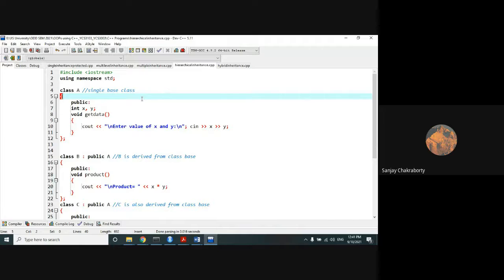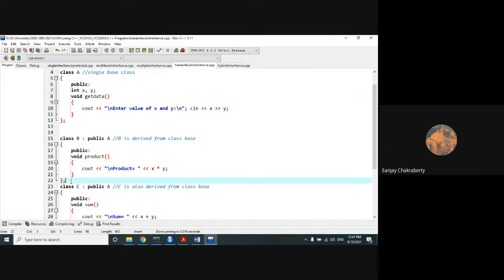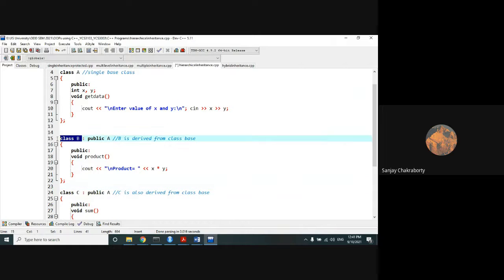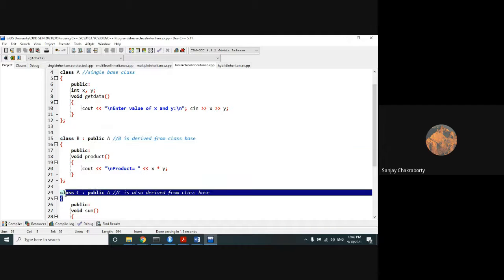And multiple derived classes. So what are the derived classes here? These are the two derived classes. Class B is the first derived class. Class C is the second derived class. So at least two derived classes must be there. At most, any number of derived classes can be there. Okay. So first, class B inherits public A, and class C inherits the same base class public A